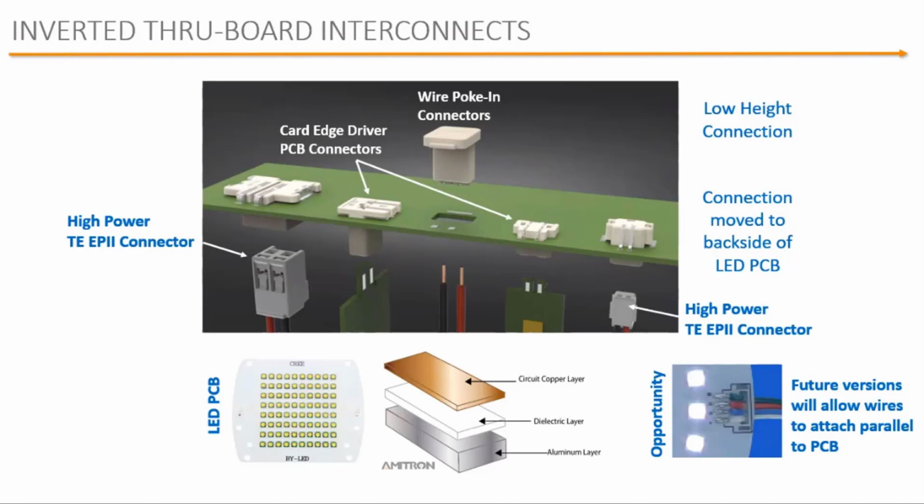TE offers an inverted card edge driver printed circuit board. See those right here, where you can attach almost in a mother-daughter type of configuration from the underside of the board. It's capable of handling 3 amps per contact. We have inverted wire poke-in connectors, which would be mounted here in the middle, and the wire comes up from the bottom side. We have high power connectors, capable of handling 7 amps per contact,